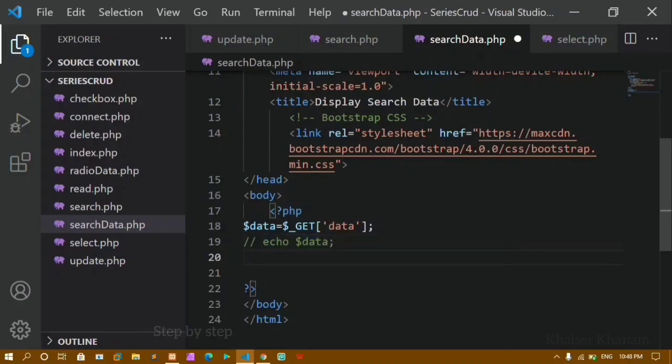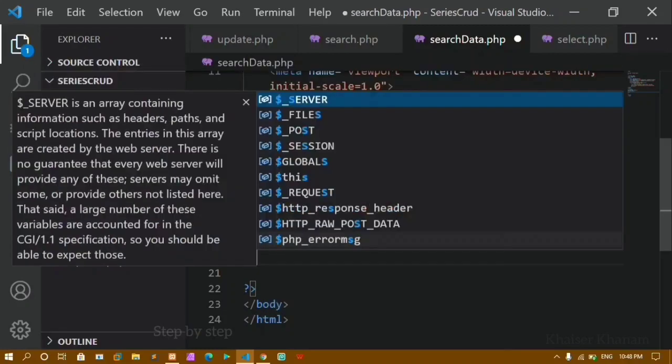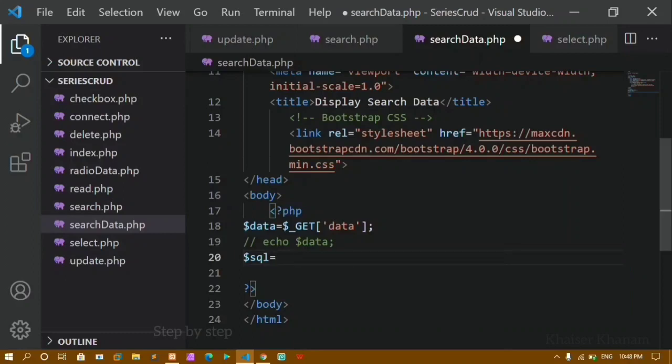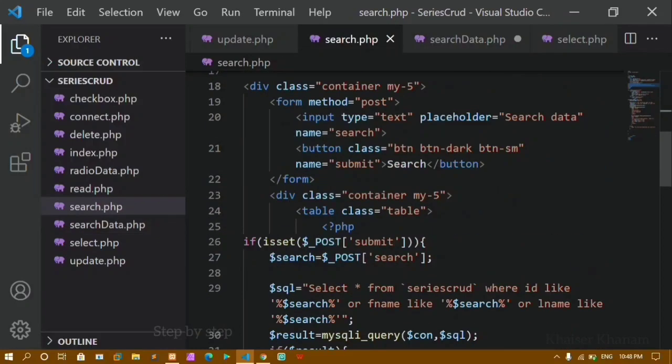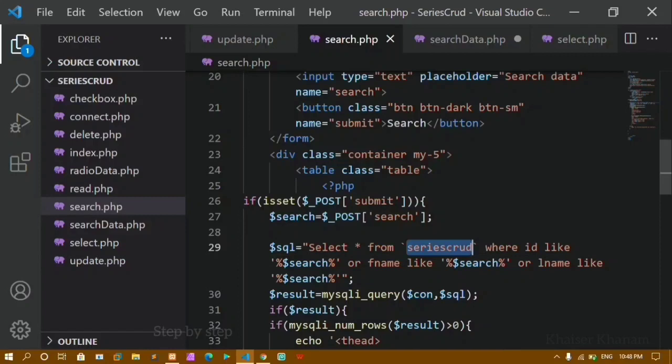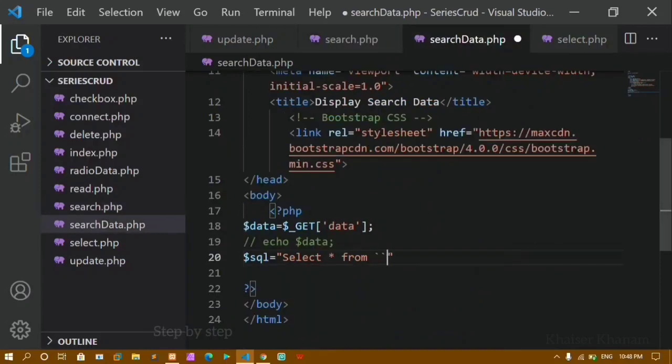Now below this I'm going to write one SQL query. I'll create one variable, sql, and inside it I'll write select star from. Star means I want to select all the data from my table. My table name is, I'll come here, copy this table name, and paste it inside the backticks.